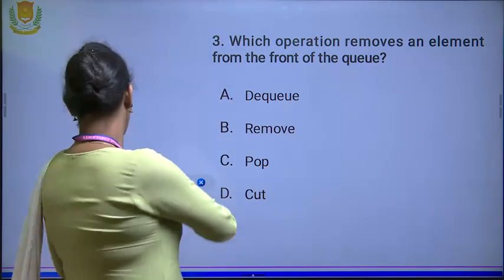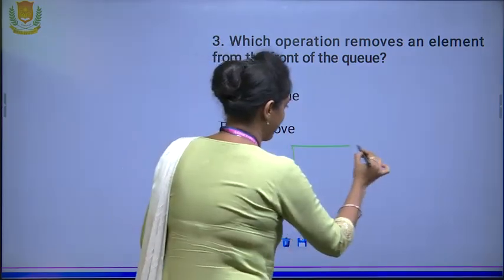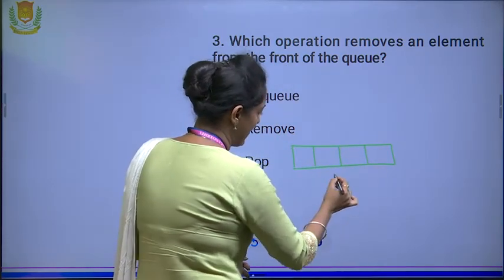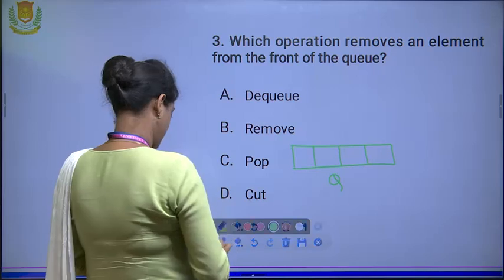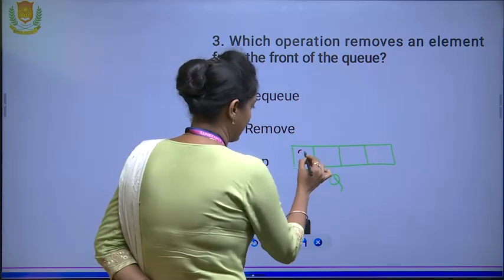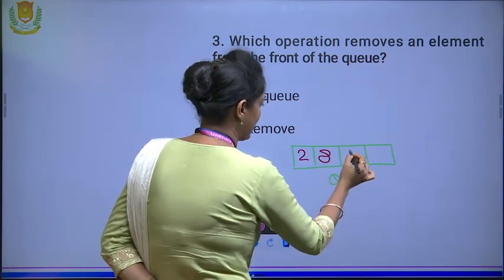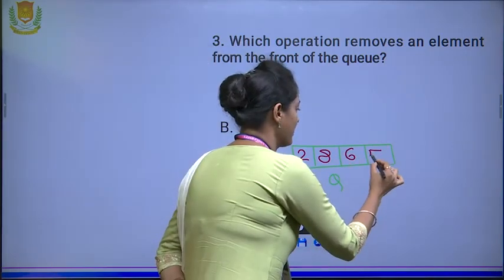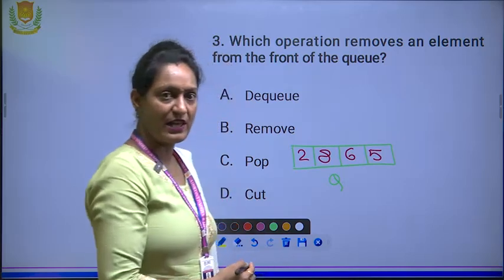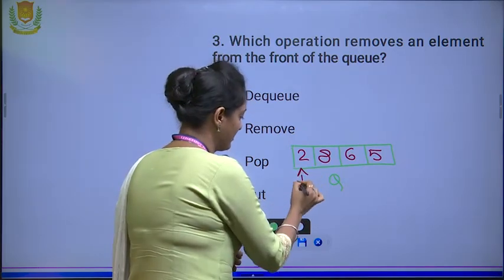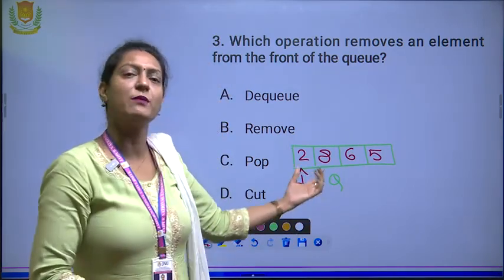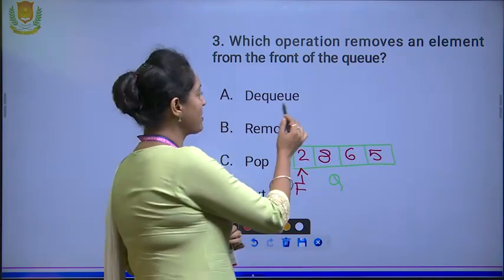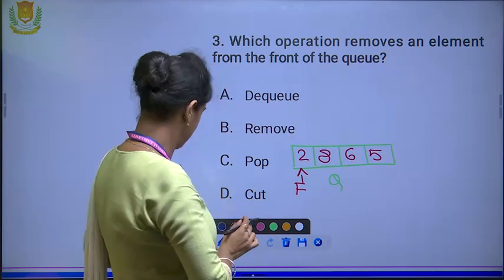So again, if I have a queue, let's say with 4 elements like 2, 8, 6 and 5, in this way my front is pointing here. Whenever we are talking about queue and we want to delete an element, this operation is known as